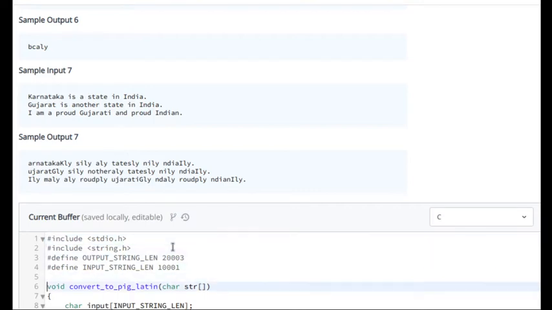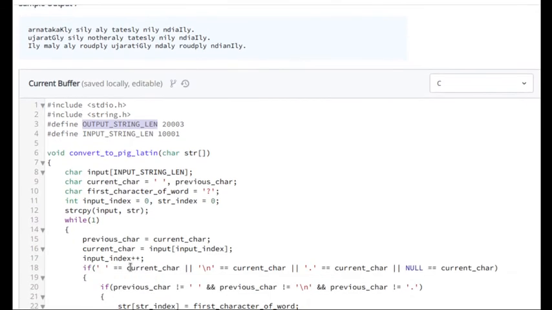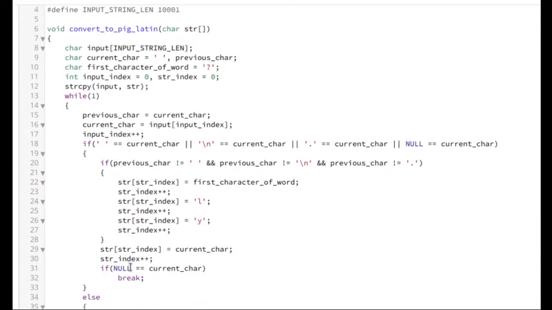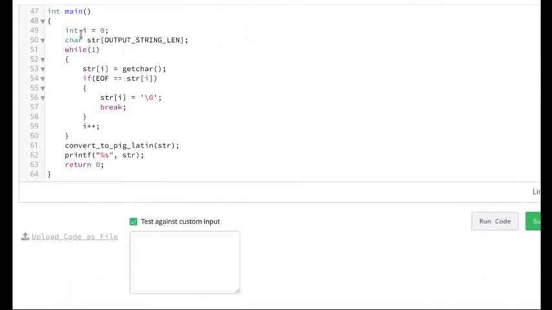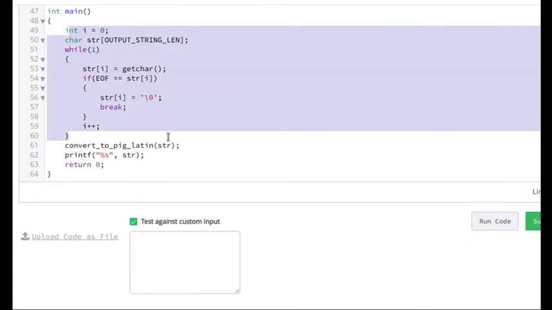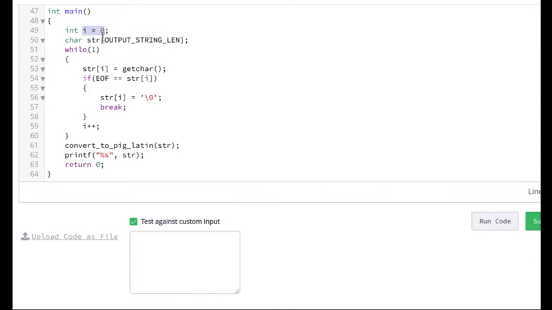Okay, now moving forward, we have decided what the maximum input length and the maximum length of the output string would be, right? So now we will first scan the input in the main function. We have one variable i initialized to 0, and we have declared a string of size output string length.